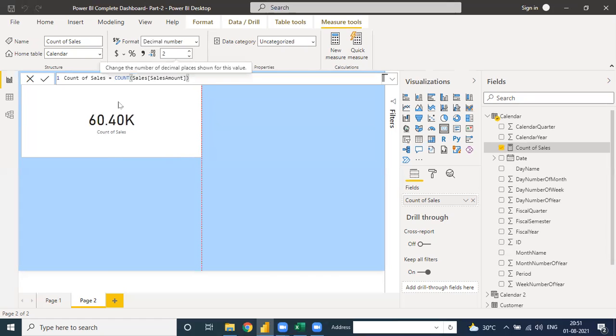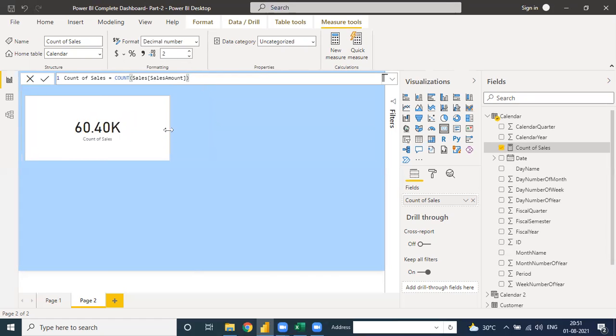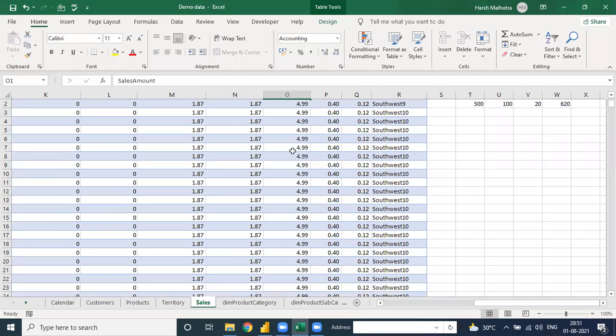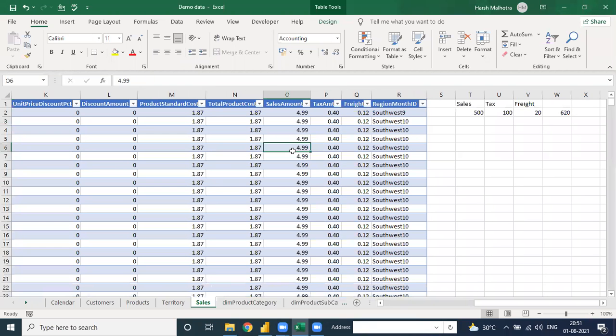Okay, sir. This one is used for count, like in Excel. Count includes all the numerical values as well as alphabetical values. Suppose in the column of sales, I remove one of the values and put Harsh there. Suppose I put Harsh and save it, then it will also count this value.